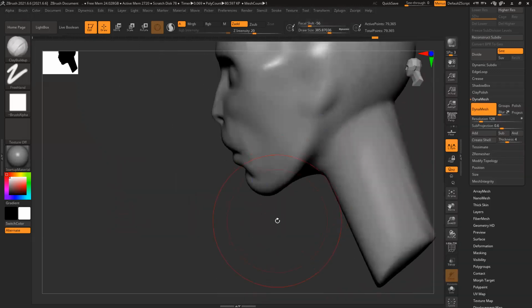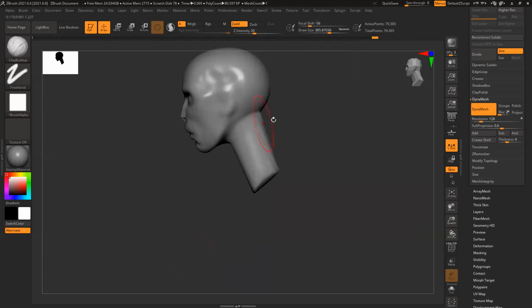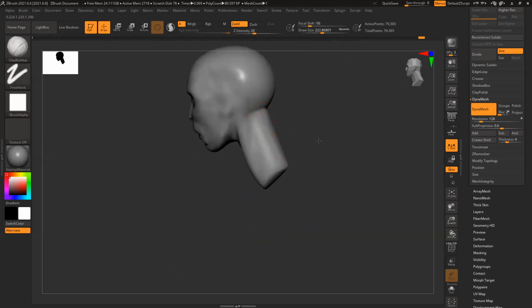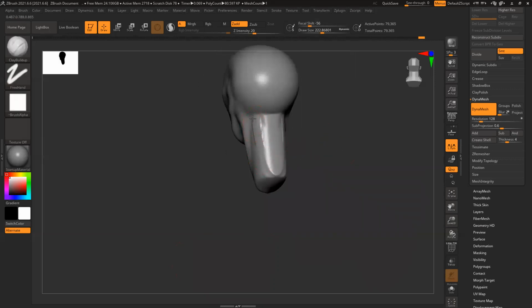BCB, clay buildup. Now, muscles that hold your skull start behind your ear and go till the neck, till your collarbone, basically. Backside also, you have two more muscles to hold your neck.